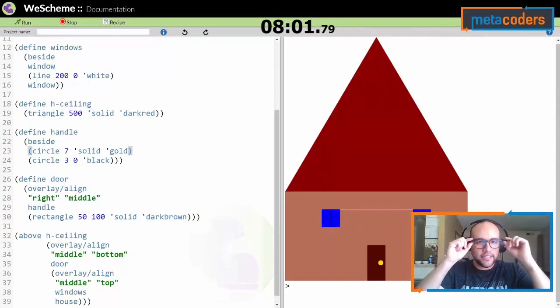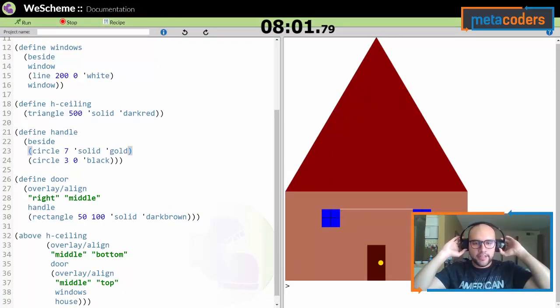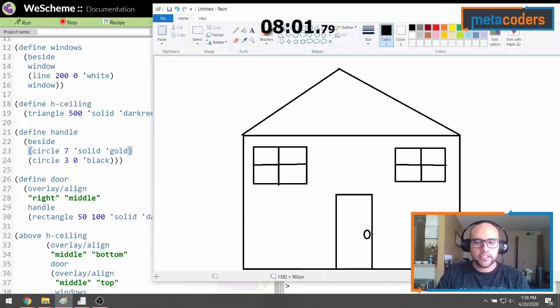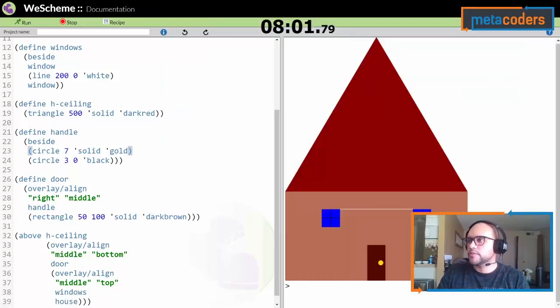Okay, so that was 8 minutes, and I was successful in building what my draft looked like, or at least a version of it, and I was starting to add colors to it. What I don't like about this house that I built is that I used a triangle for the ceiling, but it's an equilateral triangle, which means that all the sides are the same. What I would want is an isosceles triangle